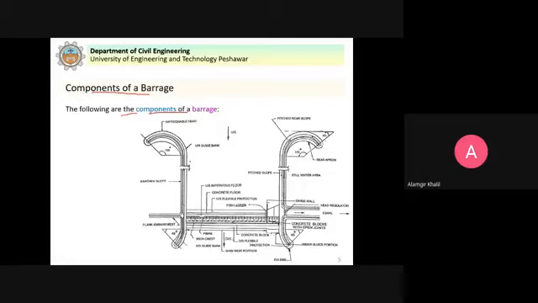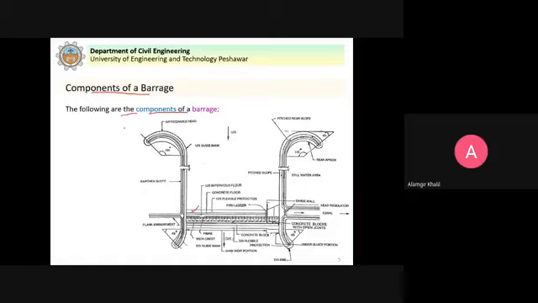In the previous lecture we had a similar figure with similar features, but there a weir was shown. Now in this case we have a barrage section. This is the section of a barrage with all the necessary components shown in this figure.